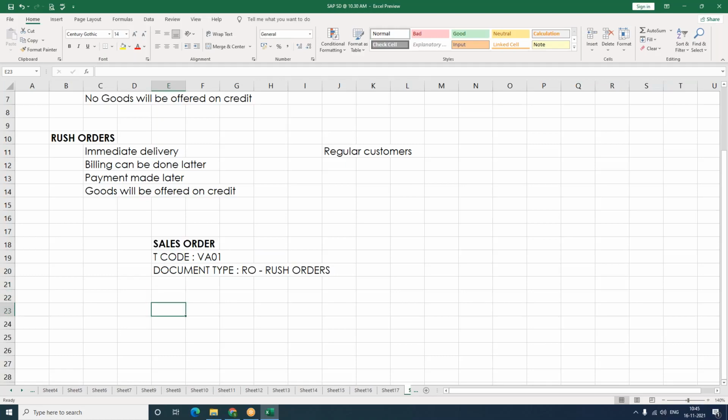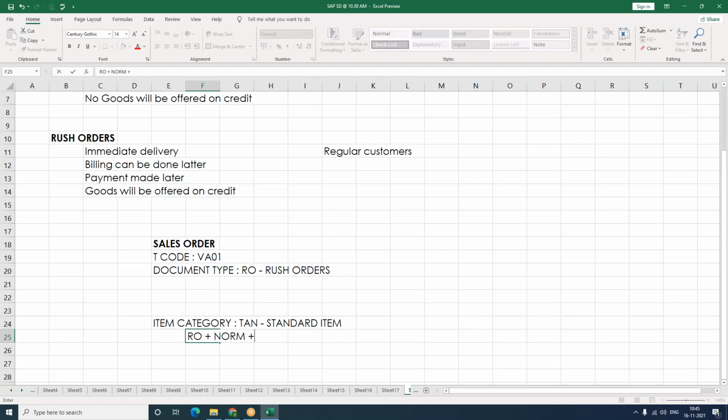Item category is copied as TAN, standard item, which is the combination of RO plus item category group NORM, usage blank, higher level item category blank. This is relevant for pricing,